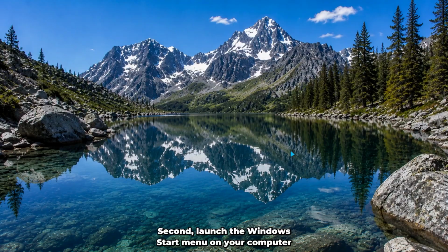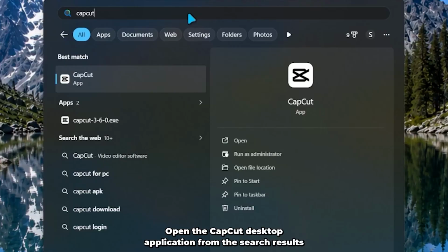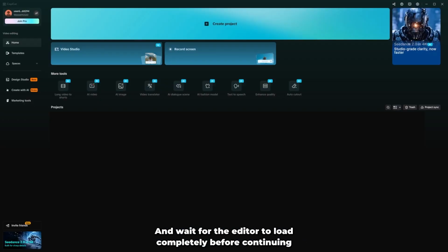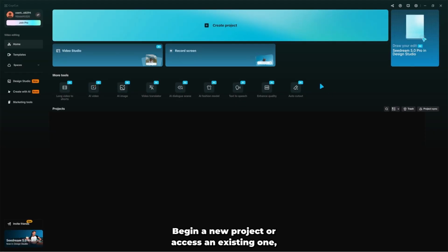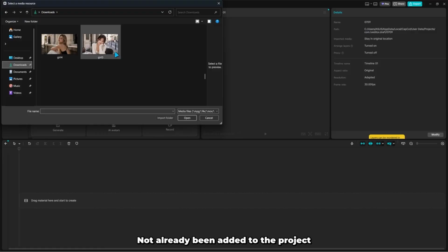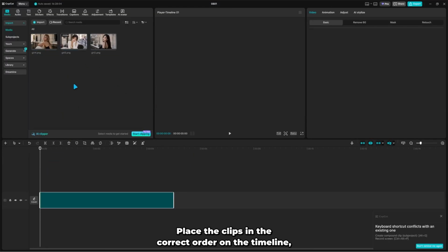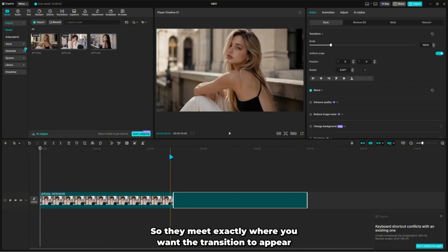Second, launch the Windows Start menu on your computer and locate CapCut by searching for it. Open the CapCut desktop application from the search results and wait for the editor to load completely before continuing. Begin a new project or access an existing one, depending on whether you are creating a new video or continuing a previous edit. Import the video clips you want to connect if they have not already been added to the project. Place the clips in the correct order on the timeline so they meet exactly where you want the transition